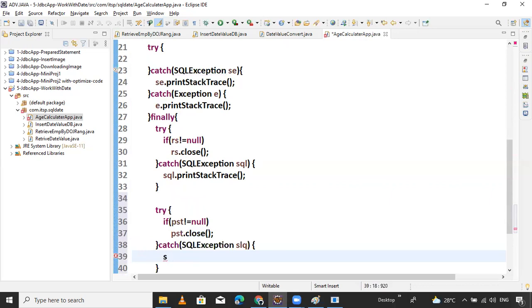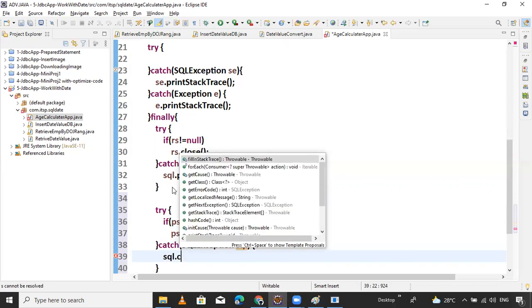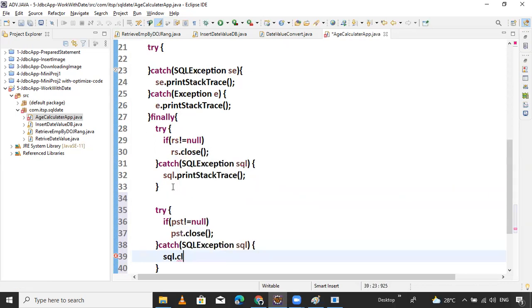SQL, no, you should change it. SQL dot close. I think change the variable name. Okay, that is good.